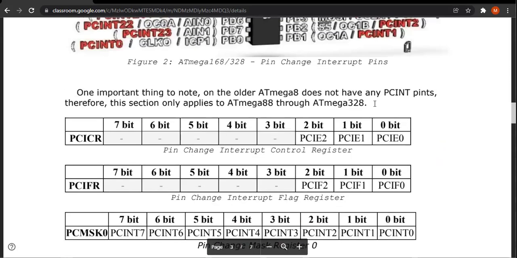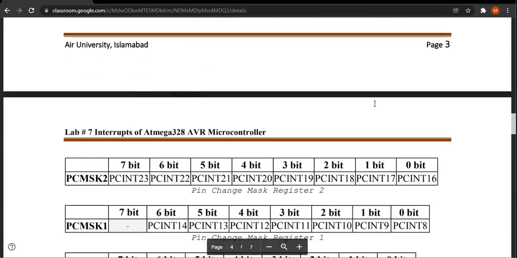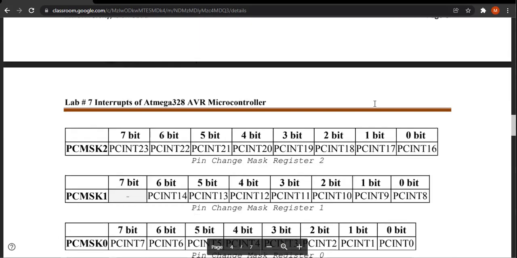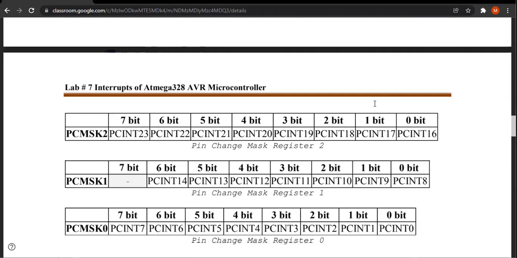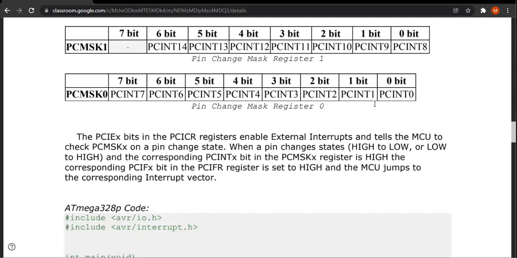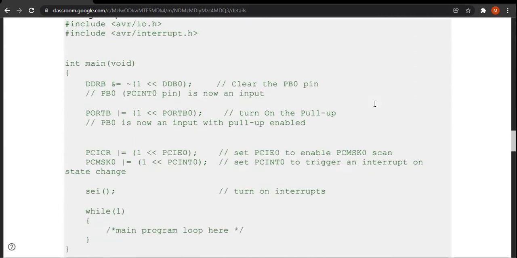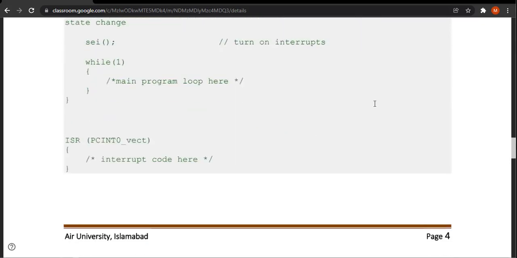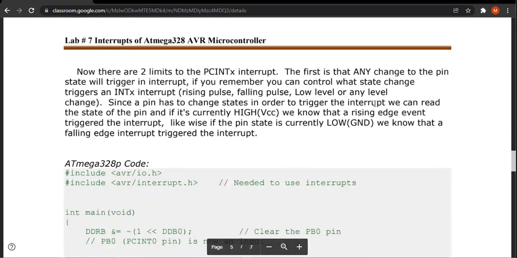Now I will come towards the pin change interrupt control registers. It is also 8-bit, along with the pin change flag register and the pin change mask register. All these registers I am talking about are 8-bit, and there are 3 mask registers, 0, 1, and 2, for interrupts. Then there is another code for controlling an LED using interrupts.